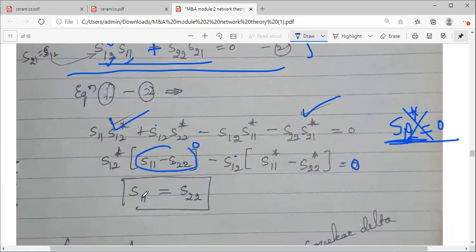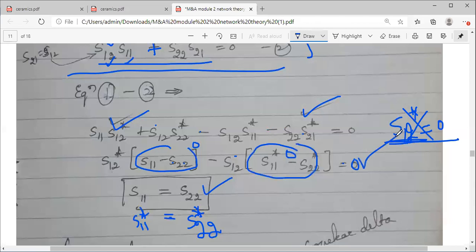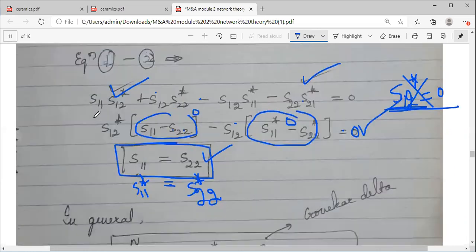Now, if I take S11 equal to S22, taking the conjugates on both sides, their conjugates will also be equal. So अगर S11 is equal to S22 हम लिए तो उसके conjugates भी equal हम ले रहे हैं. That time these two brackets are both 0. So then this equation is valid, right? तो ये condition सही होगा. So S11 is equal to S22. Further ये just मैंने आपको analysis दिखाया है. This kind of analysis we will be doing in our next concept.